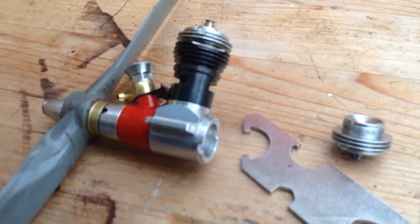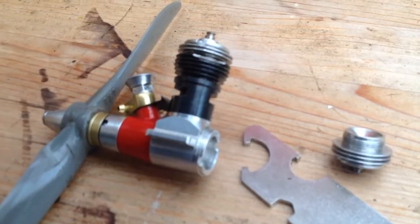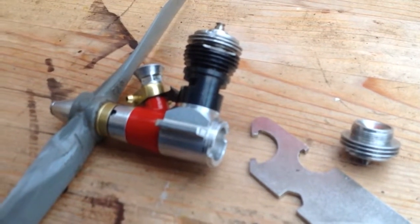Well, those are the two glow plugs. I've reverted back to childhood on these two, and so far so good. They've been great. I'm going to mount them in a plane at some point. I don't know what, to give them